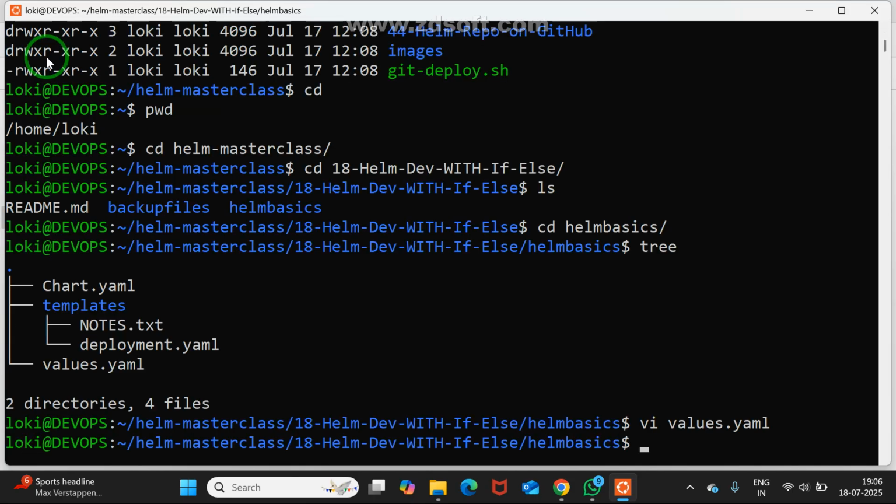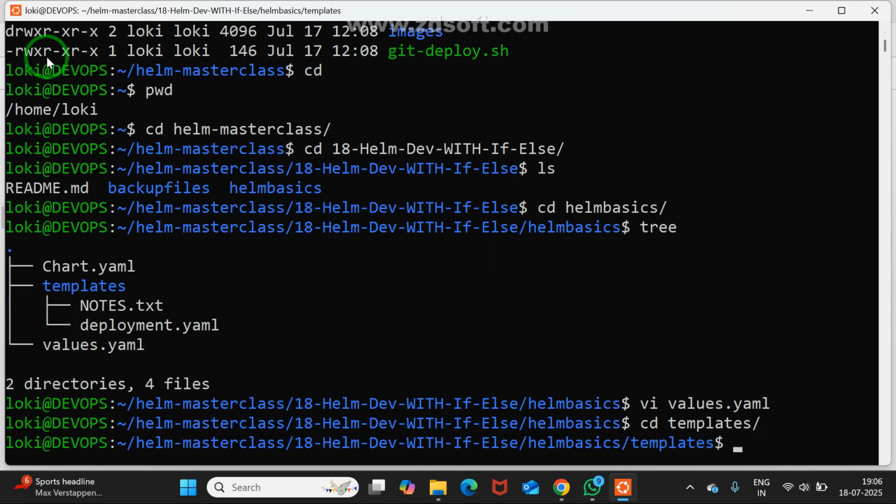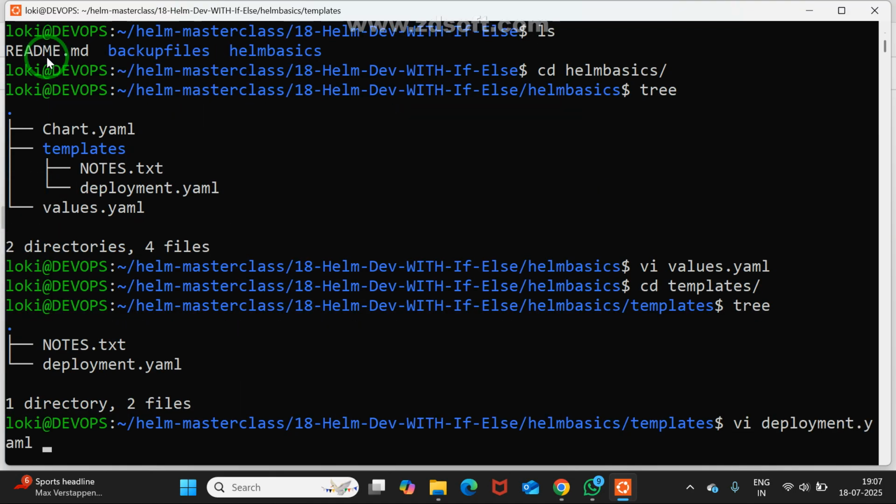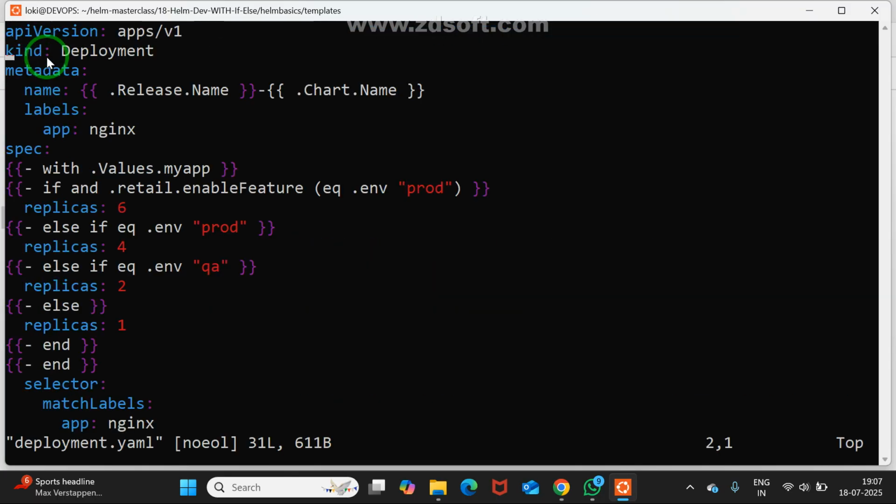This is purely customizer now. Those things we need to understand. There, cd templates. There again tree. Only deployment is there. vi deploy. Now observe here. Within the specification, there, with .Values.myapp, there within that they're using